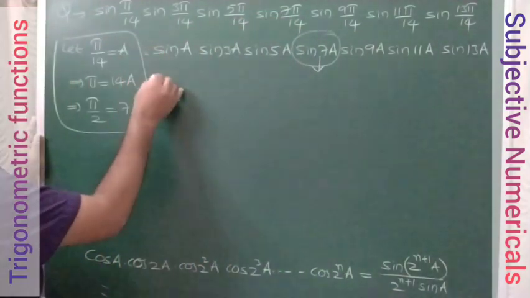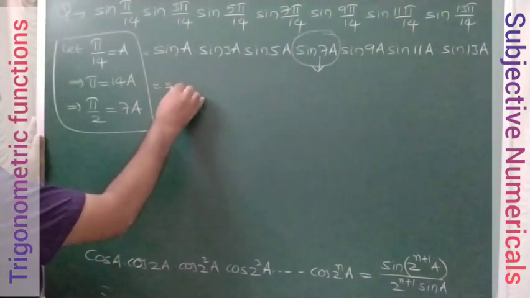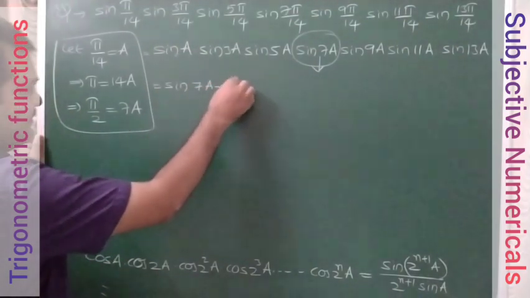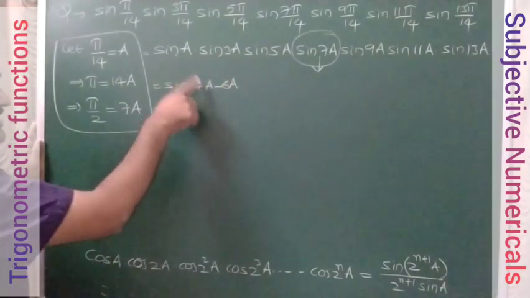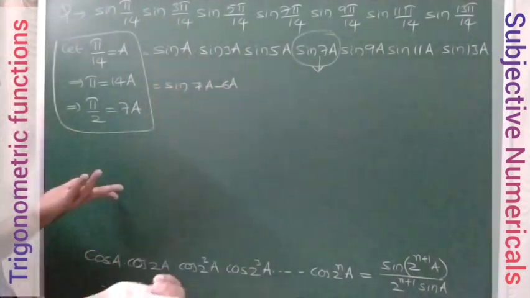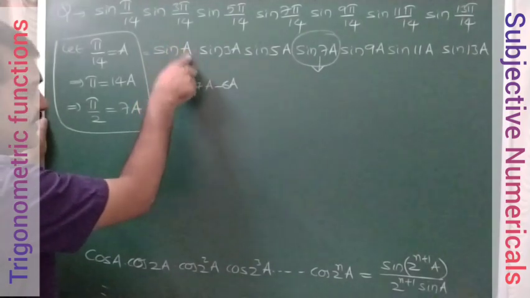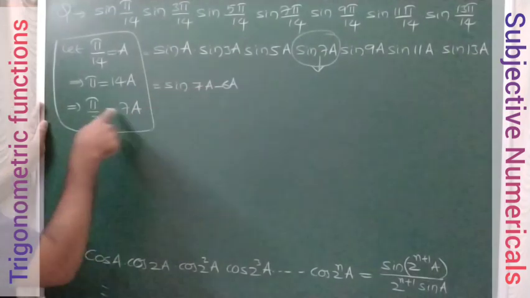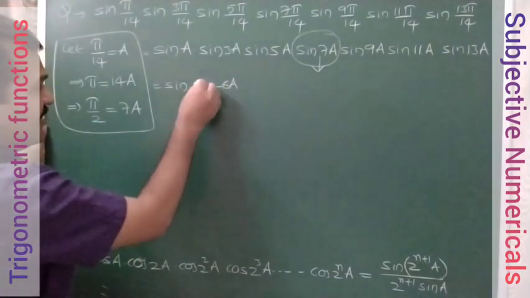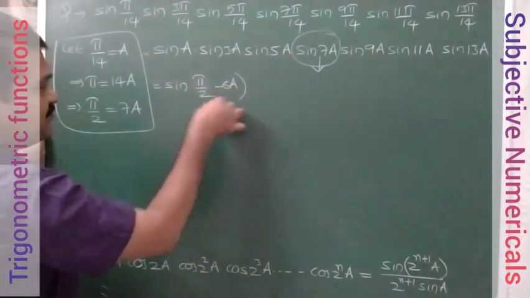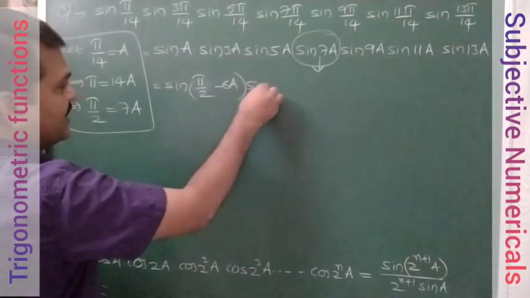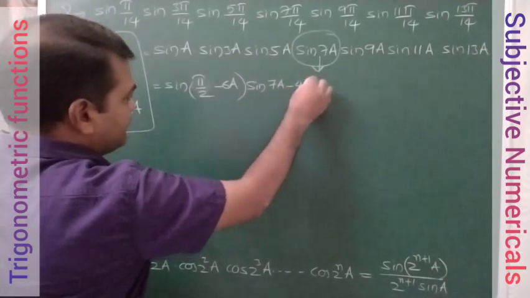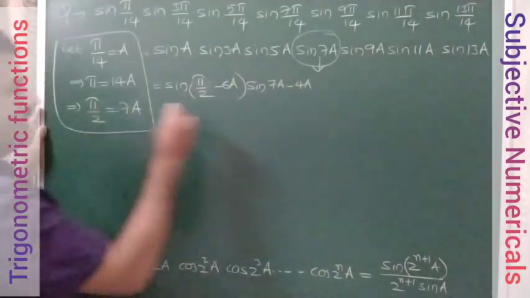Okay, so I will write like this. Just observe carefully. I will write a as 7a minus 6a. What is 7a minus 6a? It is a only, the value is not changing. So I am expressing every angle in terms of 7a now. So 7a is what? Pi by 2. So I will rub 7a and write pi by 2. Okay, so next come to this, 3a. 3a means 7a minus 4a. What is 7a? Pi by 2.